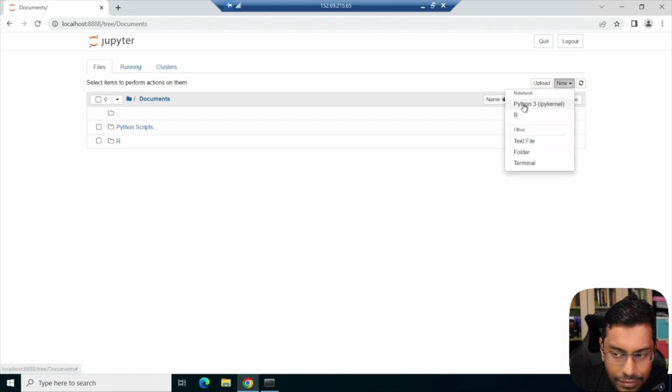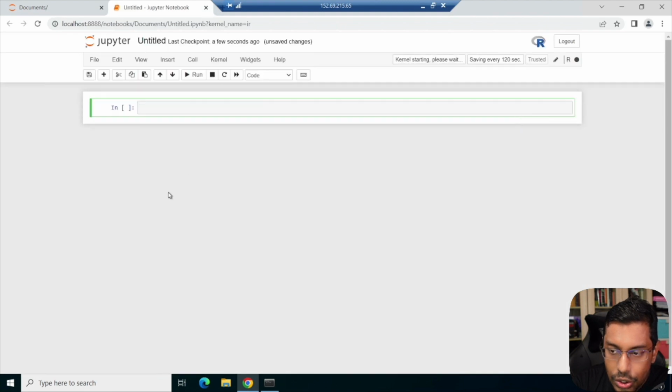You can see that now I have two notebooks. I have a Python 3 IPython kernel here, and I have an R kernel as well. So I can just click on R here. It will create a new kernel for me, and it's done. So this is an R notebook, an IPYNB file, right? So if I call this